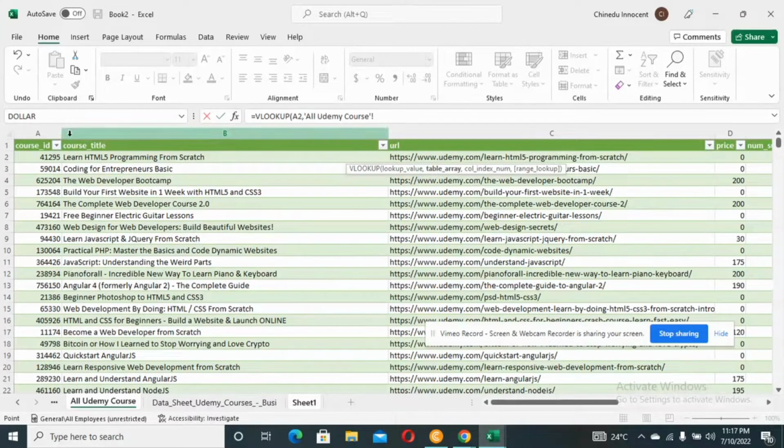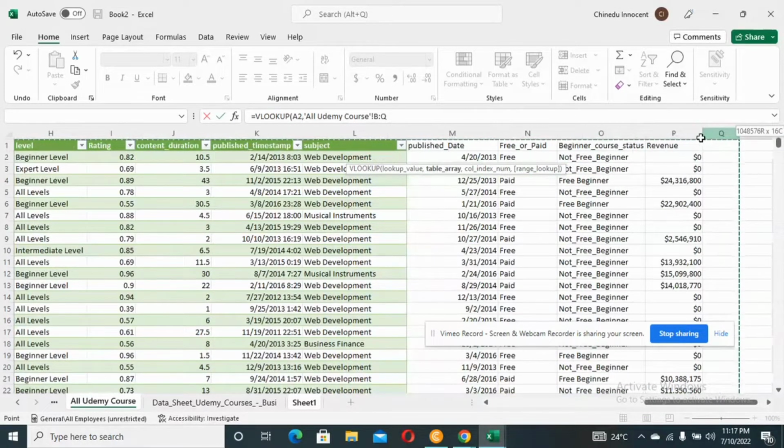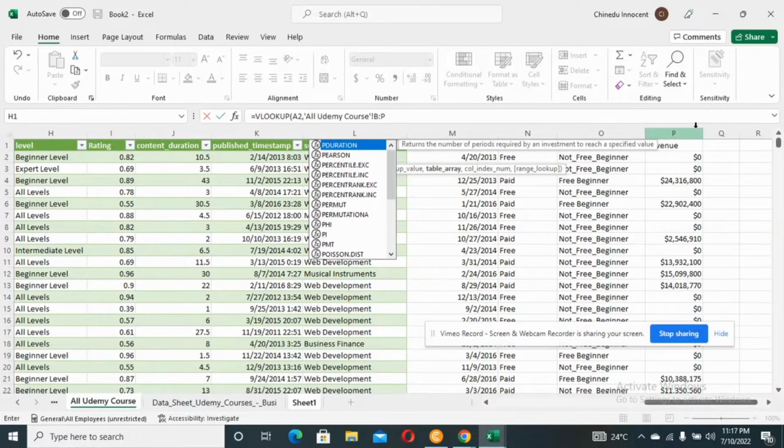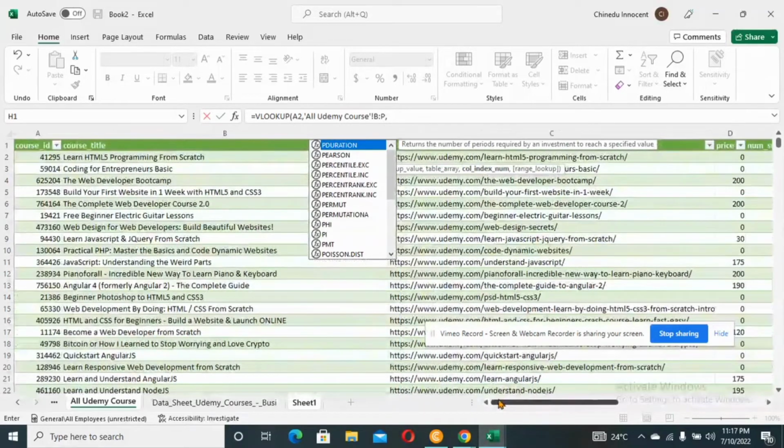So you just have to highlight the columns that you want, the areas that you want to reach. So I'll highlight from course title to the last one. So this is where I want to reach out, comma. Then which one do I want to find first? The price. Now, amongst all this that I highlighted, from column B to P,